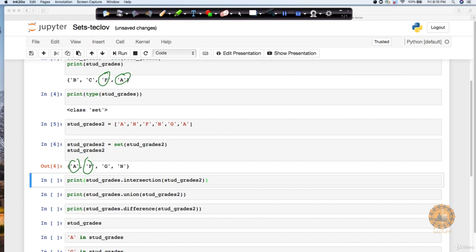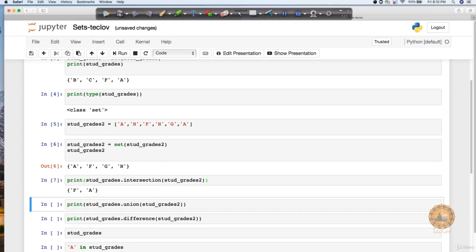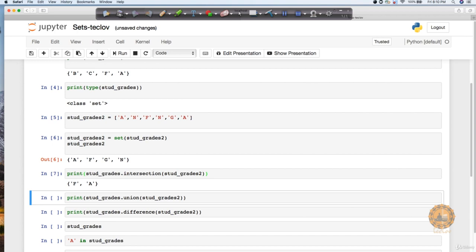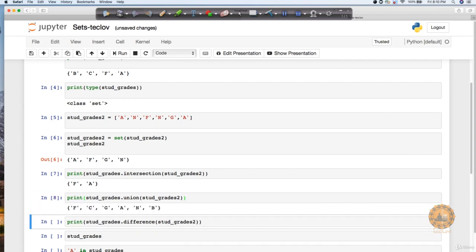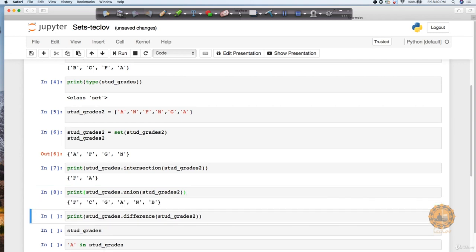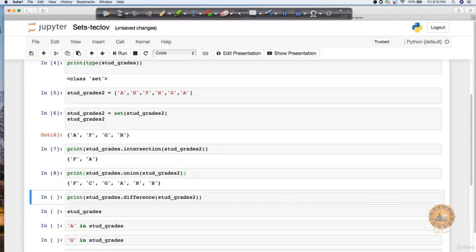Let's see this after executing. If I execute this intersection, you can see that it's returning A comma F because these two are my common values. Union, as you can make out, is going to combine these two collections, keeping only the unique values, not repeating.